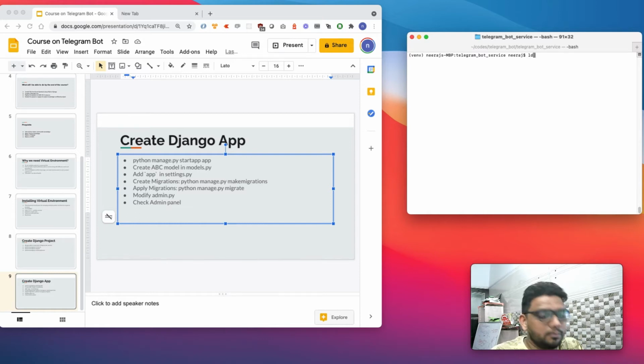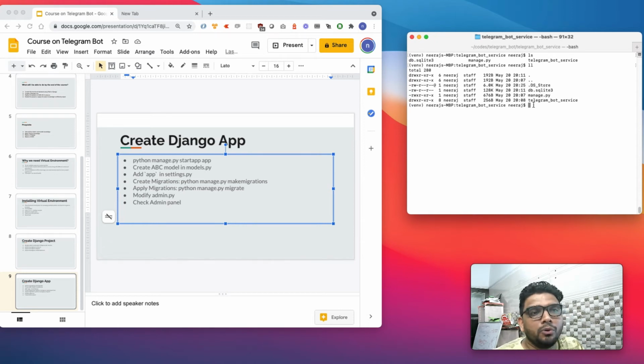As we have seen, by default we only get the Telegram bot service folder, which contains the main file, not the app file. So in order to write some functionality, we have to create an app, and we can create an app by the command python manage.py startapp, and I just want to give the app name.